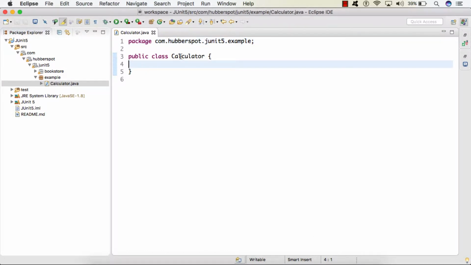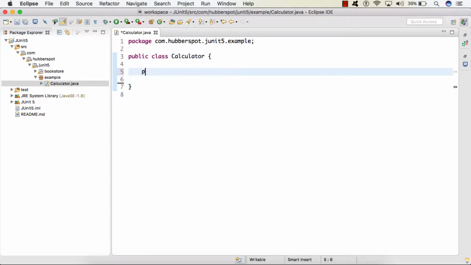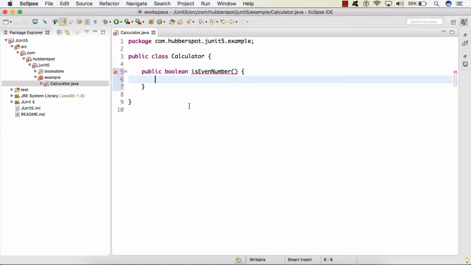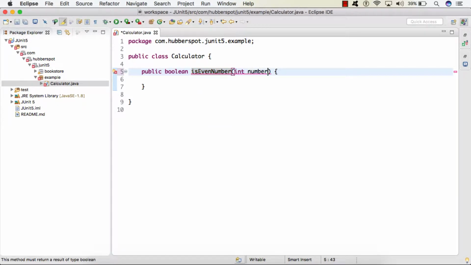So friend, let's say in our Calculator class, I am creating a method, public boolean, and the name of the method I give is evenNumber. This method will return a boolean value. It simply checks whether the provided number is an even number or not.